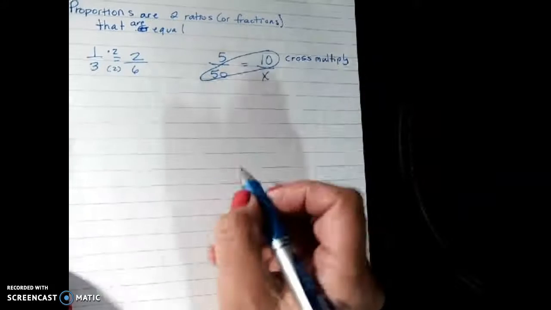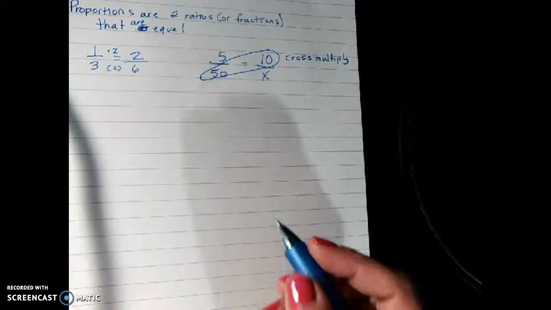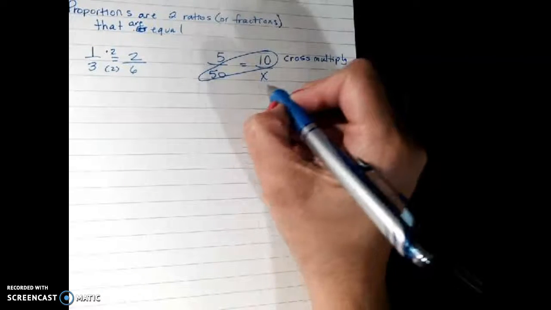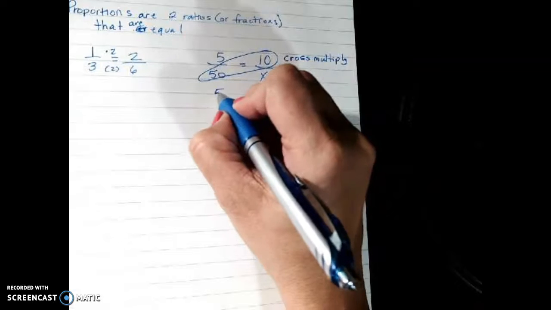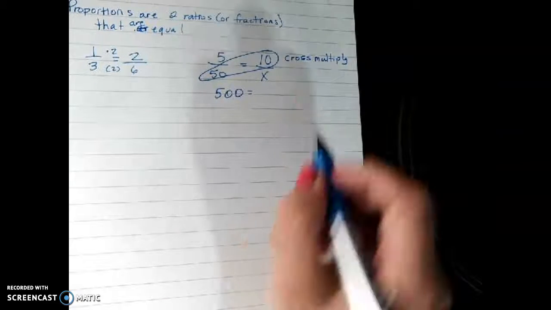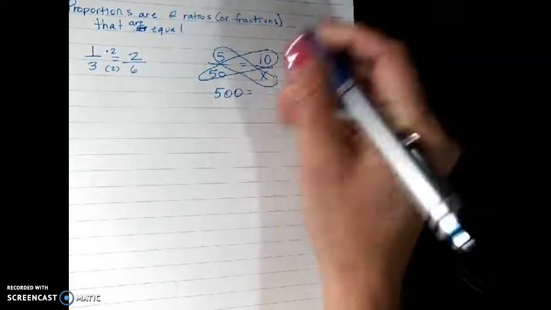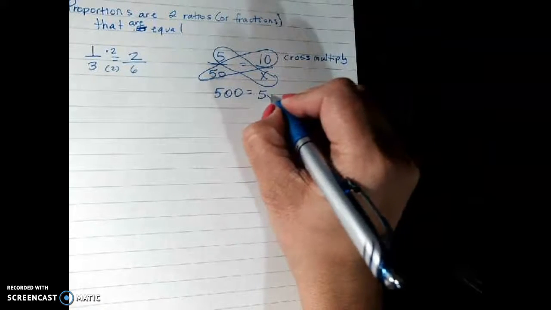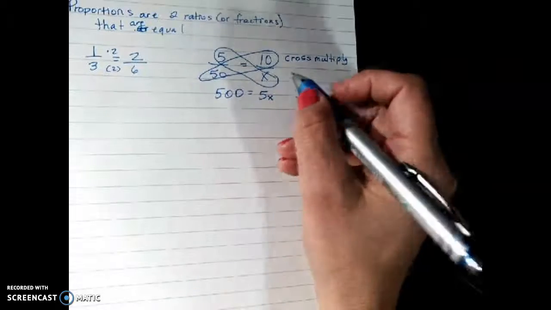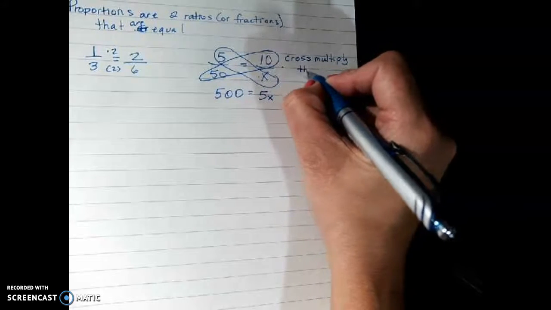Okay. So 50 times 10, which is 500. Okay. And then 5 times x. Okay, so 5 times x. And then we're going to